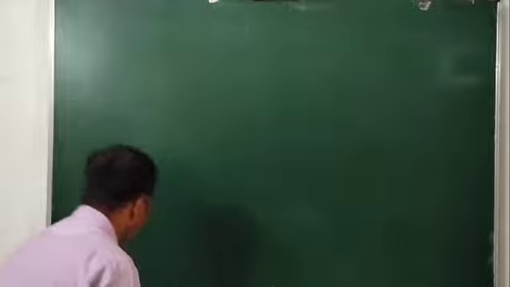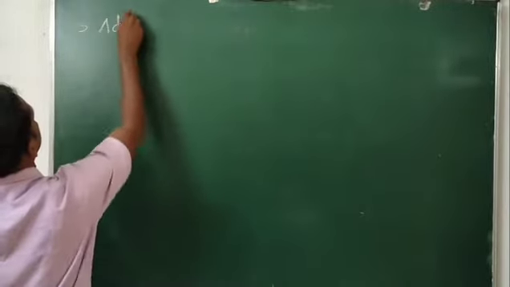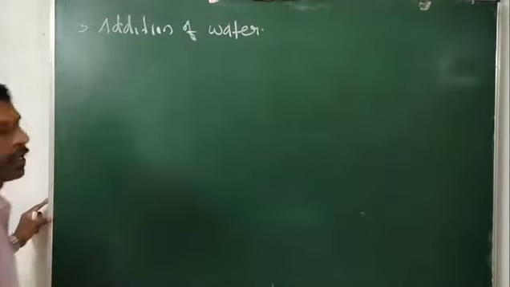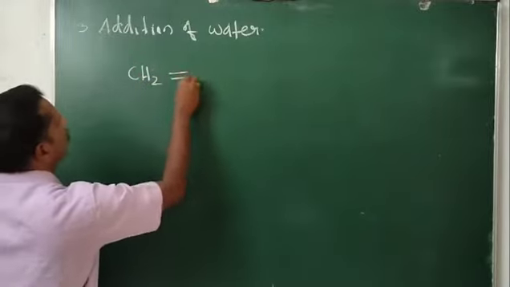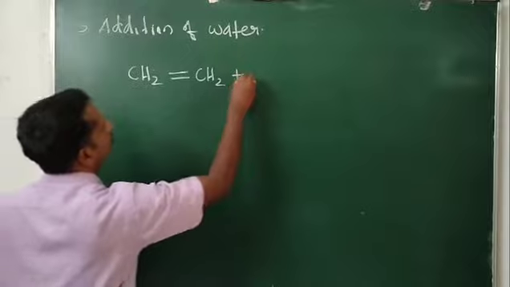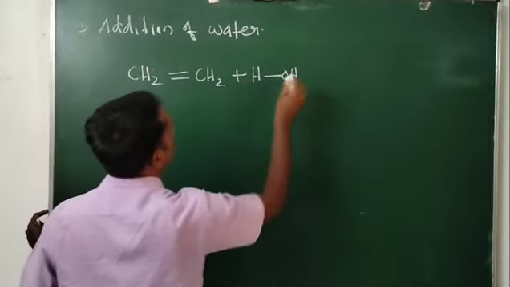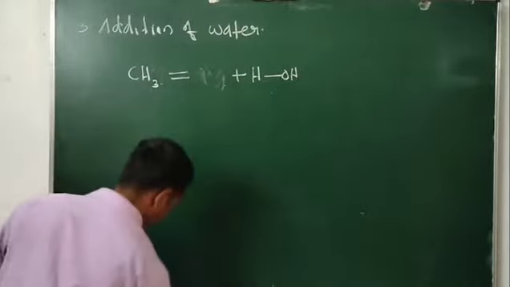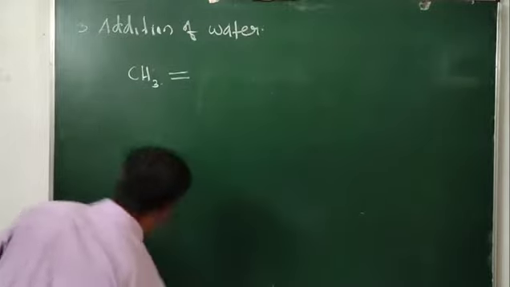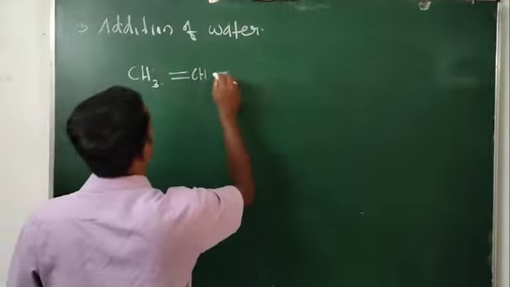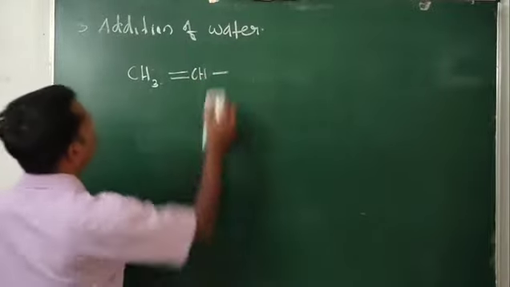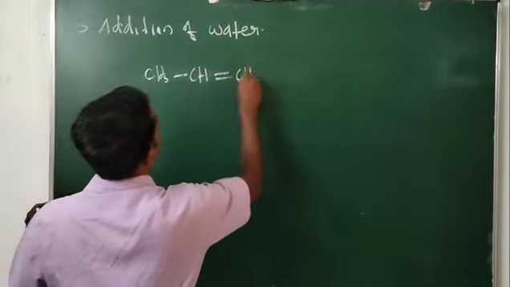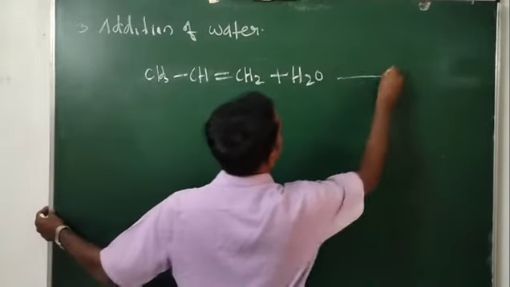Third electrophilic addition reaction, addition of water. Look at here, when an alkene, for example CH2=CH2, reacts with water, HOH, or if you take an unsymmetrical alkene, CH3CH=CH2, with water, H2O, in presence of dilute acid,